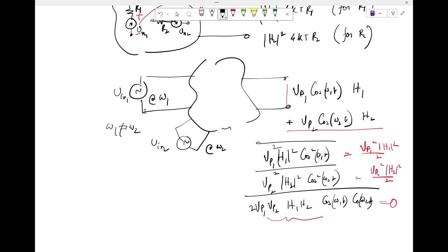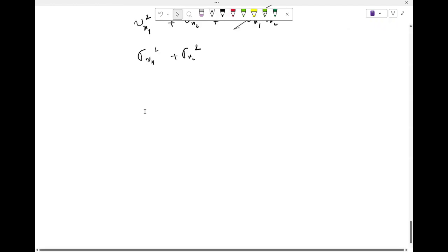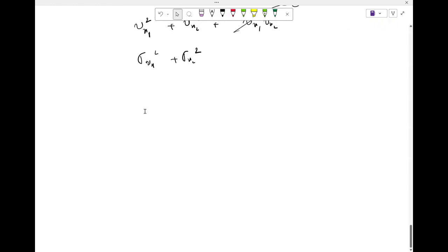If you have one noise source which gives you Vn1 squared, and another noise source which gives you Vn2 squared, the cross term, Vn1 times Vn2 average, will always go to 0. And you will end up with sigma Vn1 squared plus sigma Vn2 squared. Which essentially means that when you have multiple of these noise sources together,